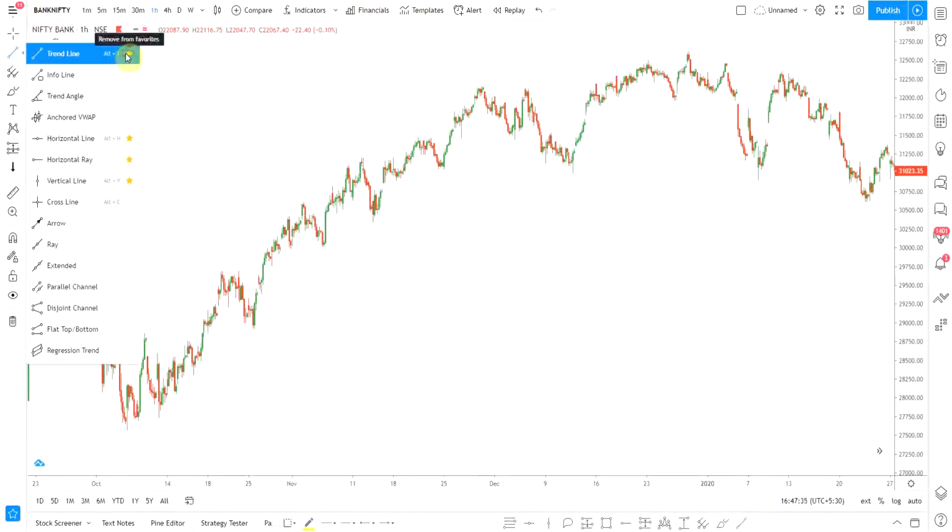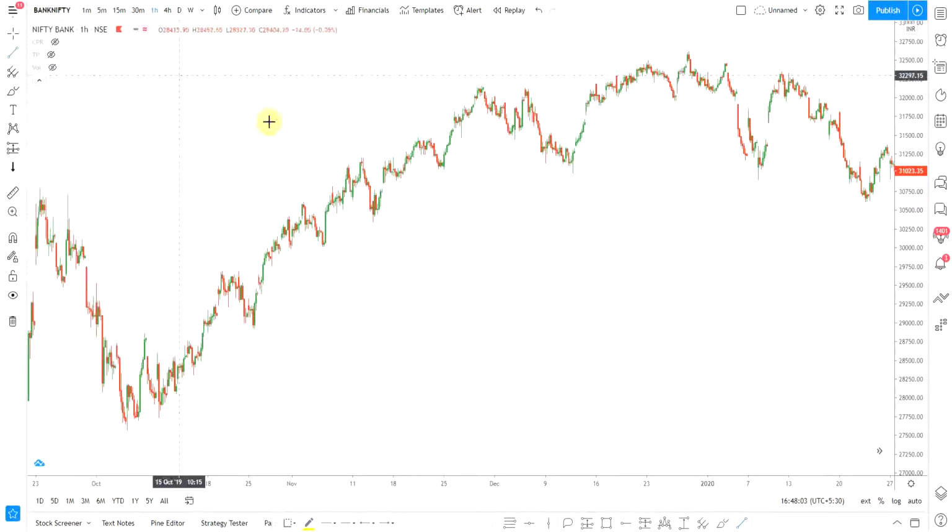If you click on it, it gives you this small toggle down here that helps you with all the tools that you require on a daily basis. So these are all the tools that I normally use. I have a trend line over there too, and we have the brush, the pitchfork, and all that. If you don't know where to select the option of trend line, it will be just here, the second option. Click on the arrow and you can get the option of trend line.